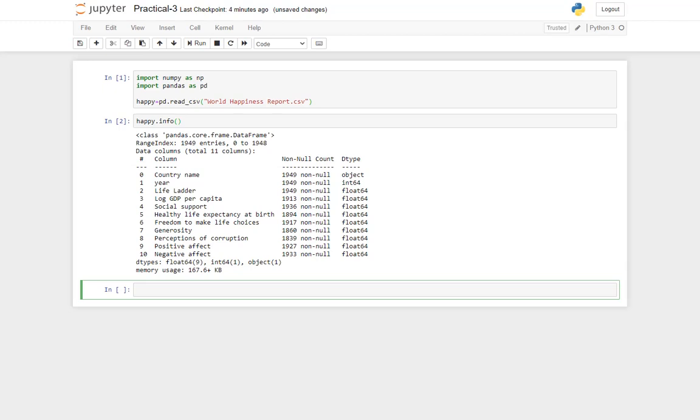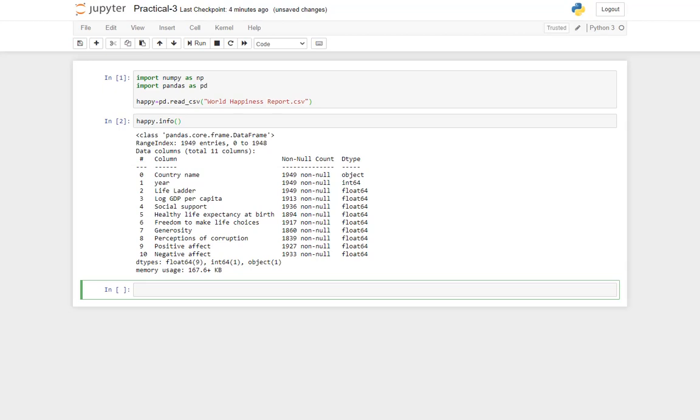There are 11 columns in all, and these are the number of rows. So 1949 is the number of rows, all of them non-null, which have some valid value in them, and this is their data type, object.